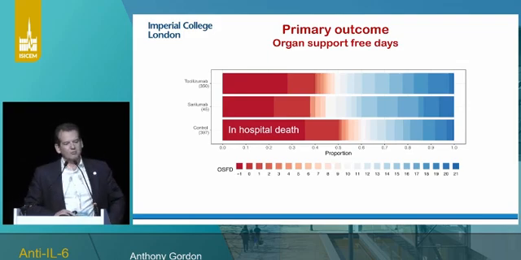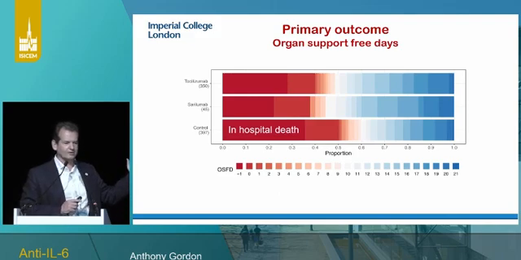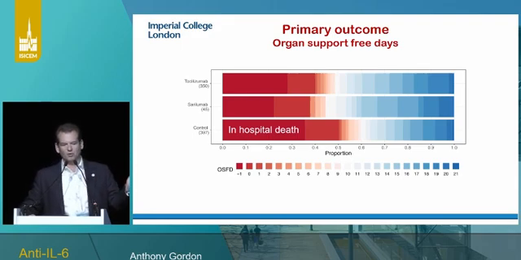Our primary outcome was organ support-free days at 3 days. So this is a composite ordinal scale. Any death in the hospital gives you the worst outcome, and on the ordinal scale was labeled as -1, the dark red. Then for those who survived, we count up the number of days that they were alive and free of organ failure. So a high number is good. It meant you recovered more quickly.